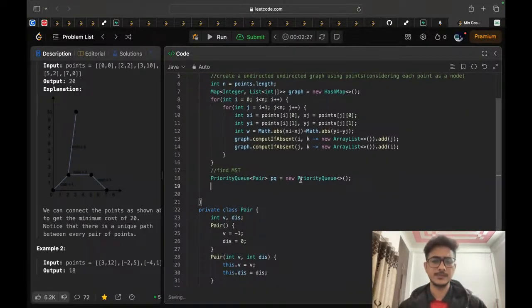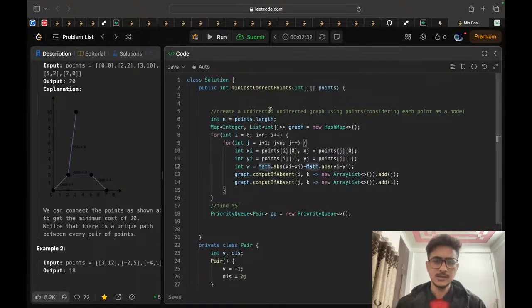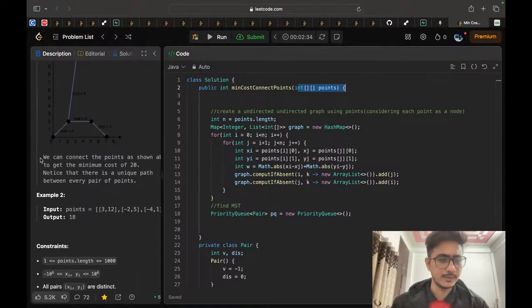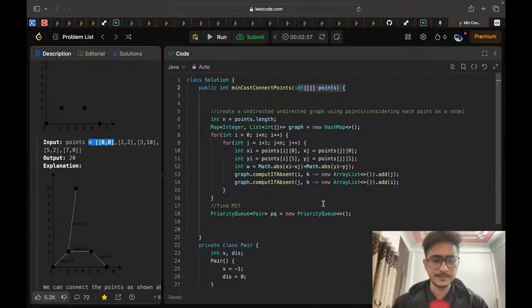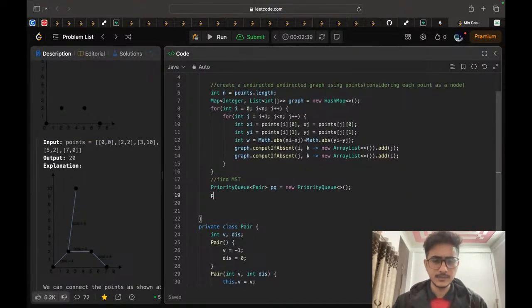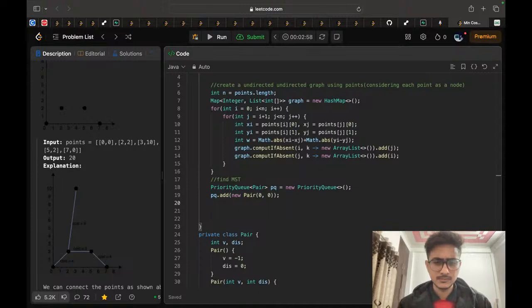Now in this priority queue, we can start from any node. We will choose the 0th point. So to our priority queue we will add a new pair that goes to 0, and its distance will be 0. So initially we have an edge going to 0 which has distance 0. Then, until our priority queue is empty,